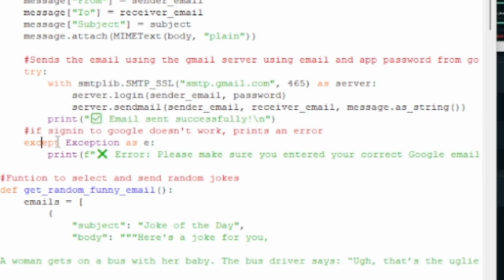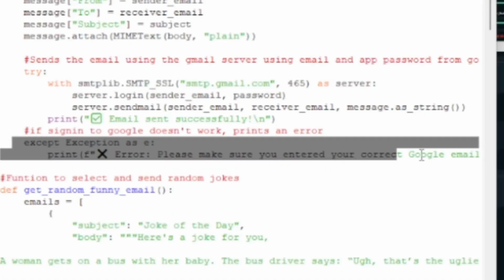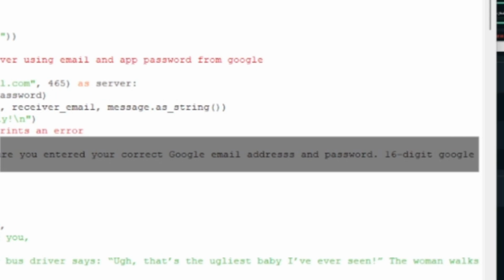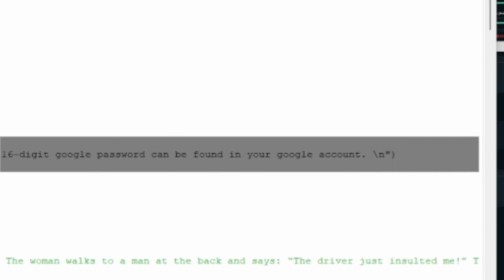send the email. Notice that if the email cannot be sent, there'll be an error message saying email cannot be sent, make sure that your email address and your 16-digit password are entered correctly. Then after that, it'll give you the chance to enter it again. Now, this is why we need the loop, because it loops back so you can enter it